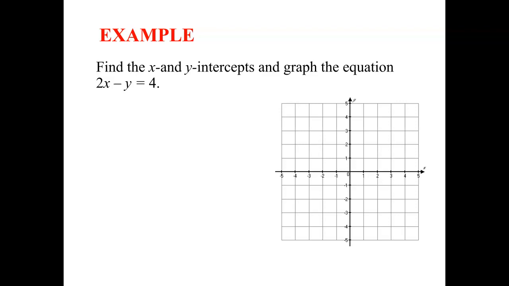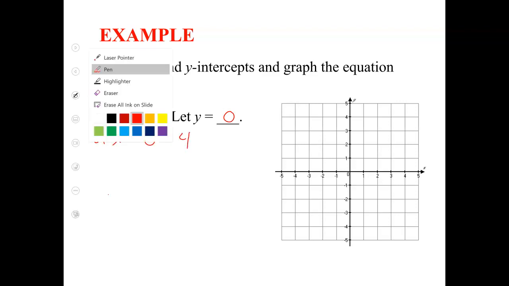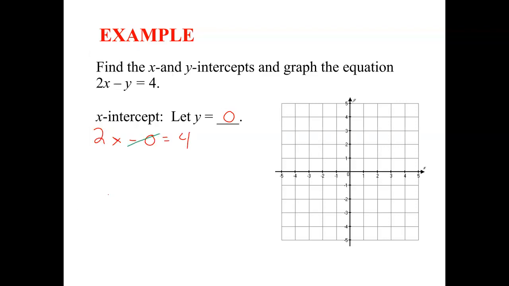So I have 2x minus y equals 4. So if I want to start with the x-intercept, what do I need to make y? 0. Okay? Let y equal 0. And the benefit of that is that when y equals 0, that term goes away. It eliminates that term and any coefficients that were there. It leaves me with a one variable equation that is then just one step to solve. What does x equal? 2. Okay? Let's see if I actually put that on. Barely. Okay, now,